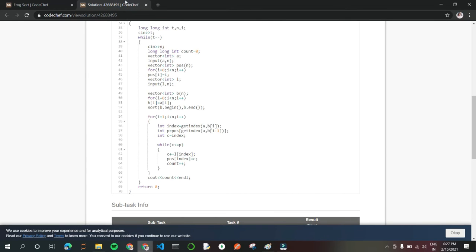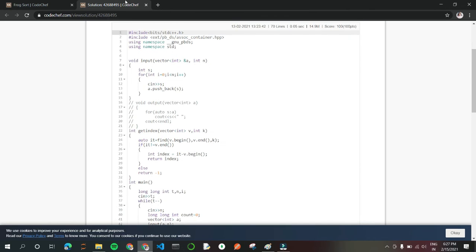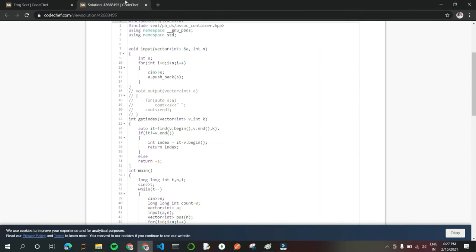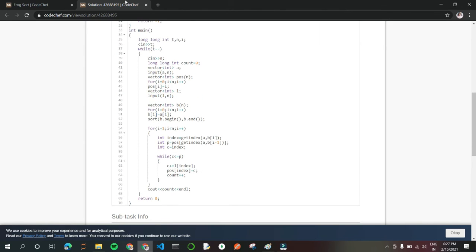Now let us come to the solution. This is my solution. I have made a few functions. For the input I have made one function, and in order to get the current index, I am calling one function to find the index of each element, where that weight currently lies.